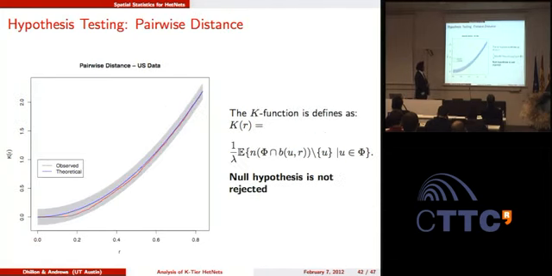And now we have a pairwise distance for which this function is defined, a K function. It is quite popular in the spatial statistics community, but I won't go over it in detail. In this case, interestingly, the null hypothesis is actually not rejected. According to this, whatever metric we are choosing, the data might actually be from Poisson. So we need multiple metrics, multiple statistics, and even if one fails, to some extent